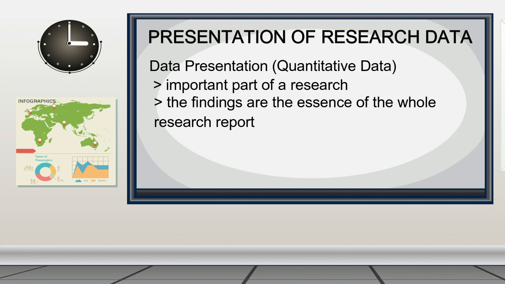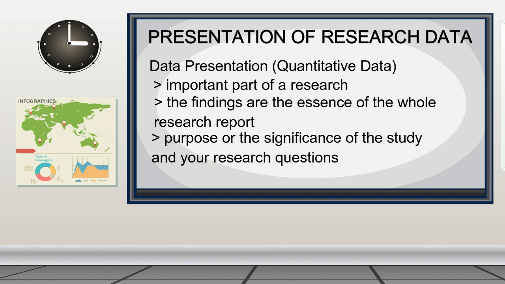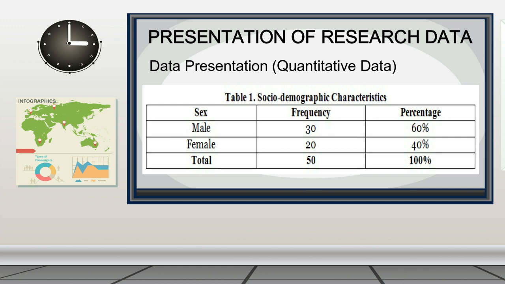Before presenting your data, briefly remind your readers about the purpose or significance of the study and your research questions as well. Also tell them about your research design and your data gathering tool. To provide context to your findings, present the socio-demographic characteristics of your respondents when it is necessary and relevant to your topic. These include age, sex, religion, and other information about your respondents. For example, if you're doing a research about students' time management, the respondent's sex may be considered as a relevant information along with their age, respective grade levels, etc. You may use tables to present and describe the socio-demographic characteristics of your respondents. For example,